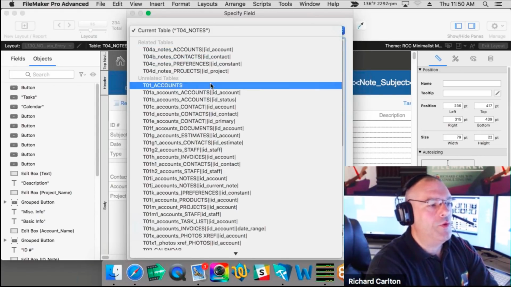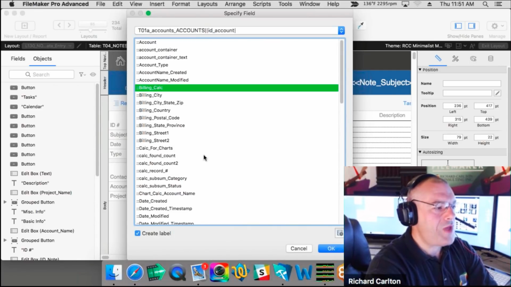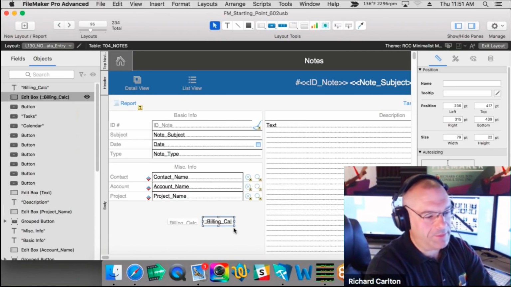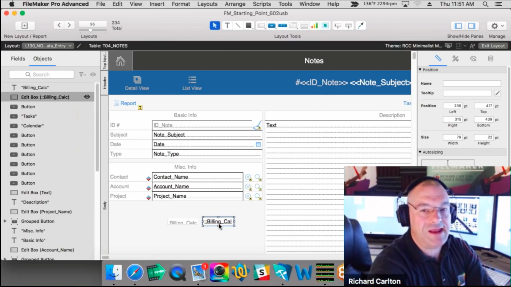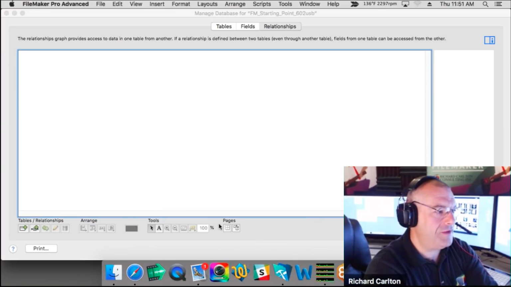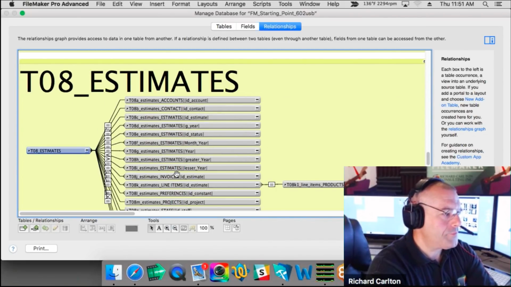And so we can select something else over here if we want, right? But that is an unrelated record. It will never work. I probably ought to put a little X on it or explode it or a little fireball, right? But it allowed us to put a field on the layout that will never work because it's not part of the connection. If I go back to field definitions, I go back to relationships, I go to notes,